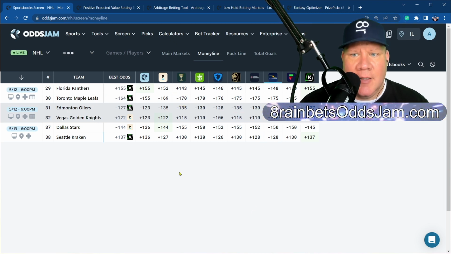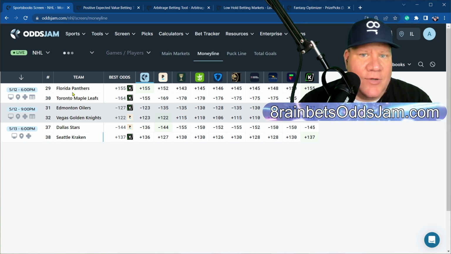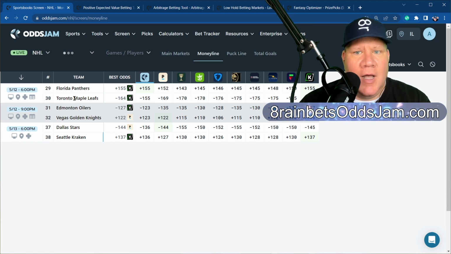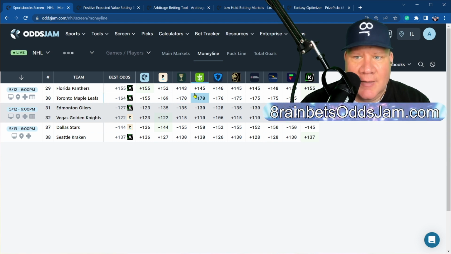What you'll see is that because we are betting one team or another, the only thing that the sportsbooks can really do to control that, because it's a singular, binary outcome, either the Panthers win or the Maple Leafs win, or it could be a tie, tie, no bet in the standard money line. In this case, they can't change anything about the outcome, whereas we'll see on the spread betting side how they can. In this case, it's which team wins, so the only thing they can do is control the prices that they're setting based on those outcomes.